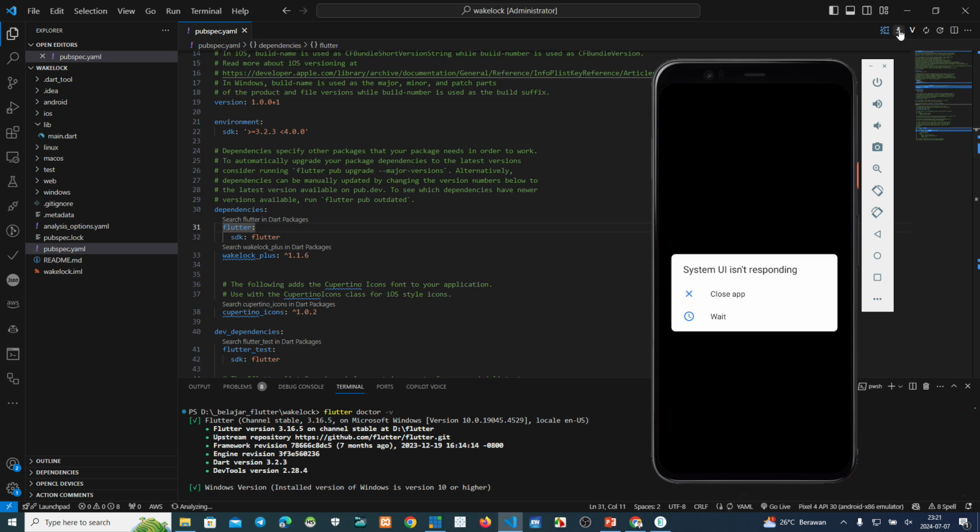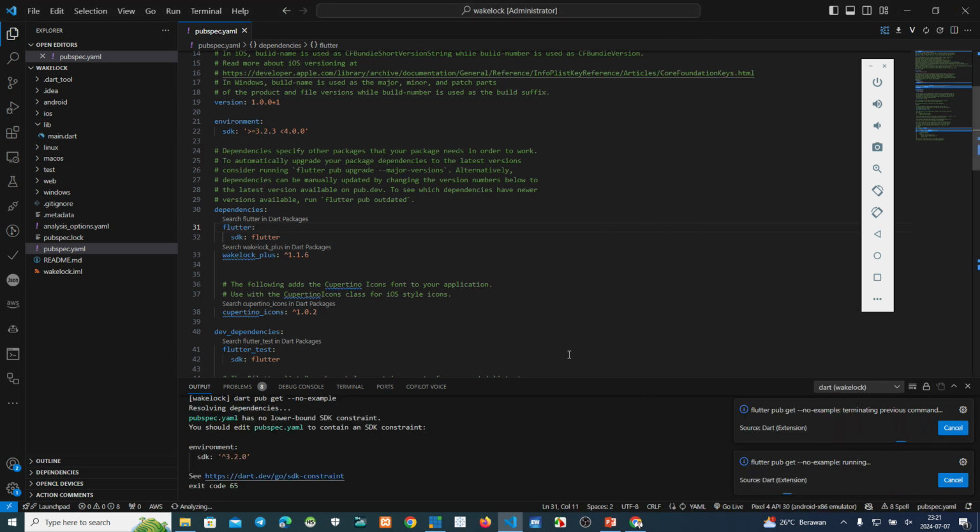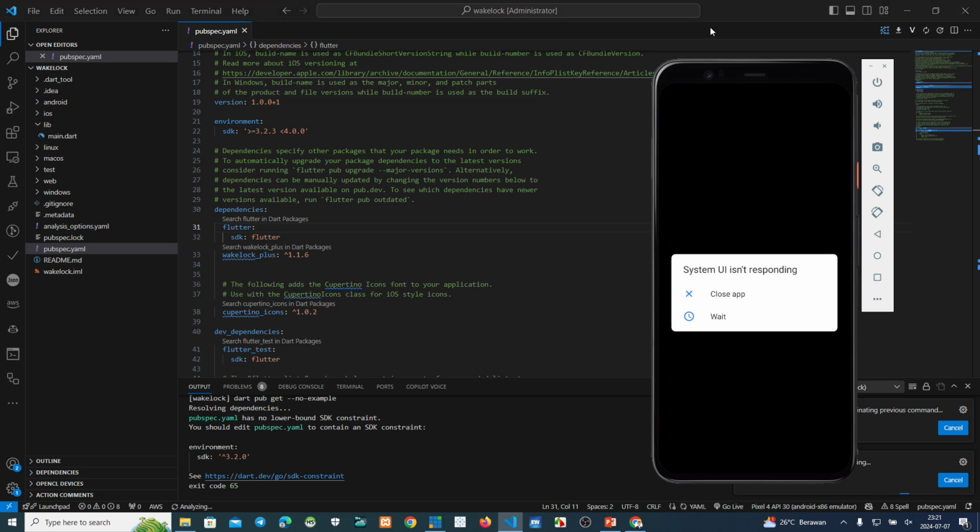Okay, now we get the package by clicking this one. The package will download from the Flutter server to our computer. Just wait a moment until this download finishes.